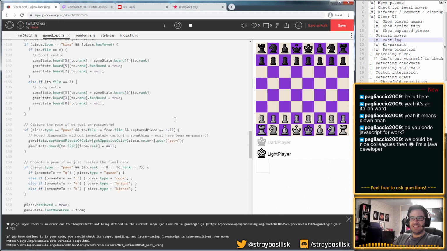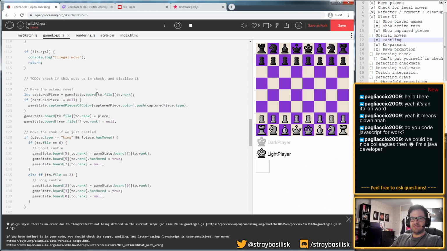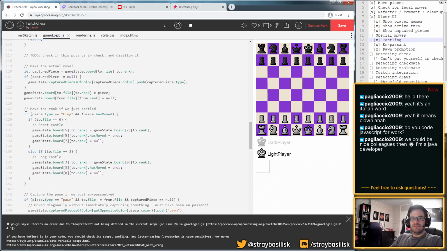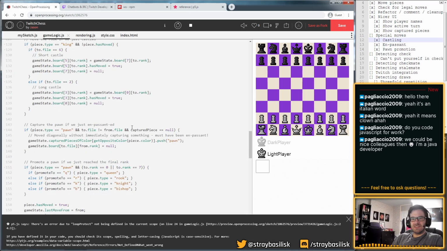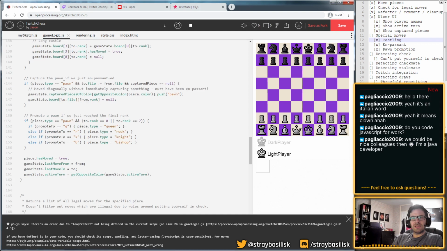Which is all well and good, but then later on, where we actually resolve the moves, we basically need to detect if castling just happened, then we also need to move the rook, right? Or if en passant just happened, we need to take the pawn, even though we didn't literally jump on top of a pawn, we still need to take it. So there's essentially re-implemented logic here to detect whether castling just happened, right? Like if the king hasn't moved and it's moved to this file, then it's a short castle. And then for the pawn, it's even worse, I think.